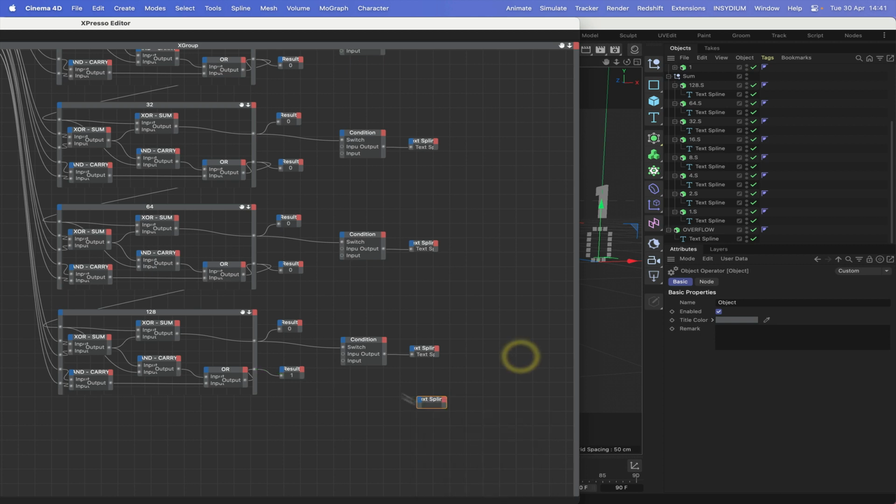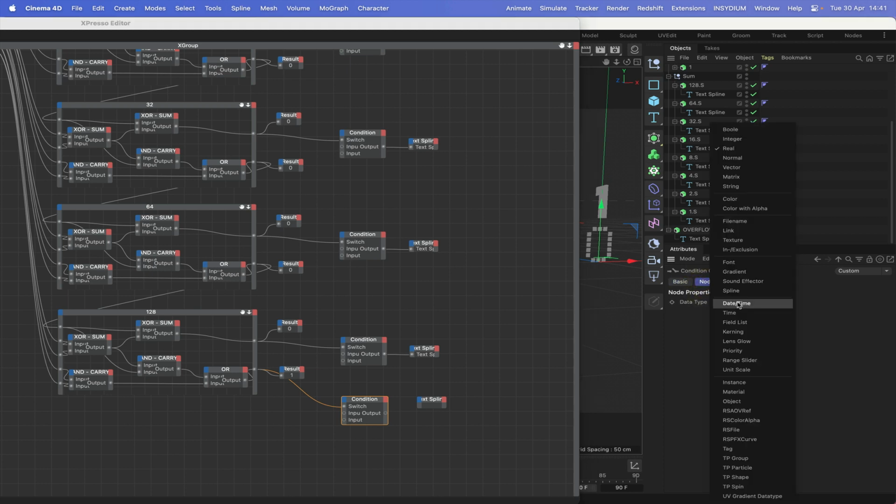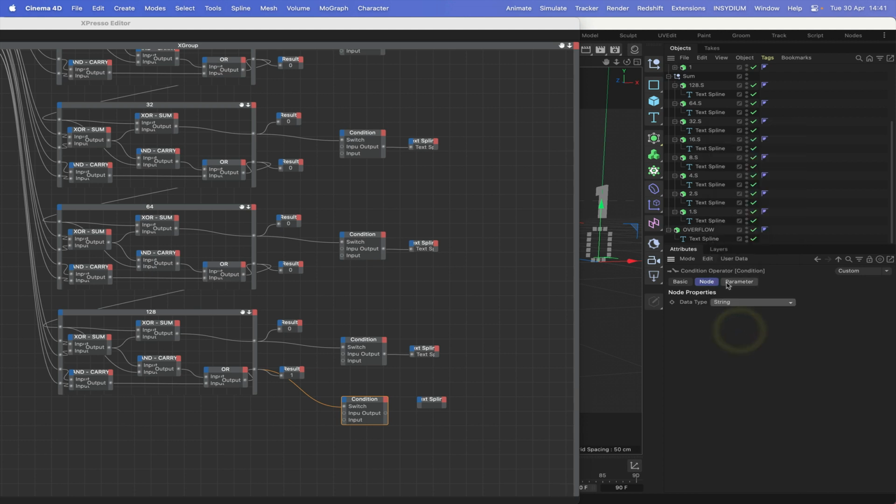That's the thing that we can do there, or we can simply use another condition. What we can actually do is place this here, connect this, and in this condition we'll change the data type to string, because that will help us do what we need to do. So we'll select the string data type, and in our parameters in the input 3 we'll type overflow in caps,